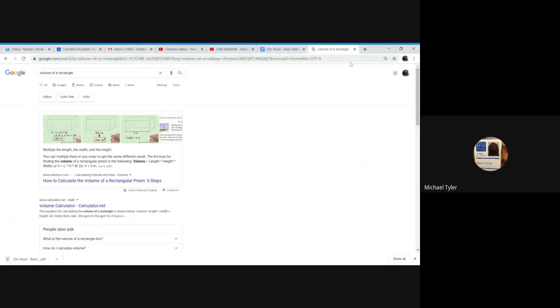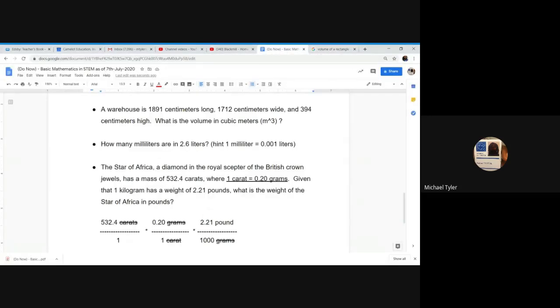So let's go back, and they're asking you, what is the volume in cubic meters? Now here's the problem. Everything is in centimeters. That's a problem for us because we want only meters. It's cubic because it's going to be this times this and times this. That's going to be to the third power of meters, or as you see here, m to the third power.